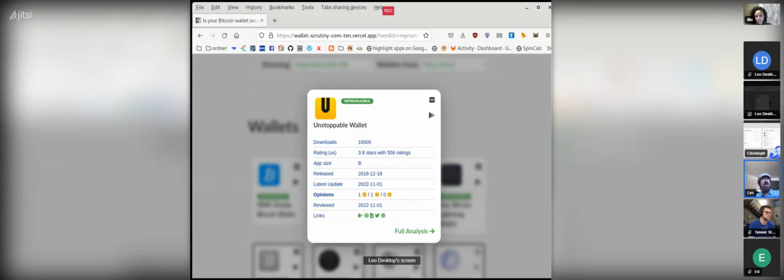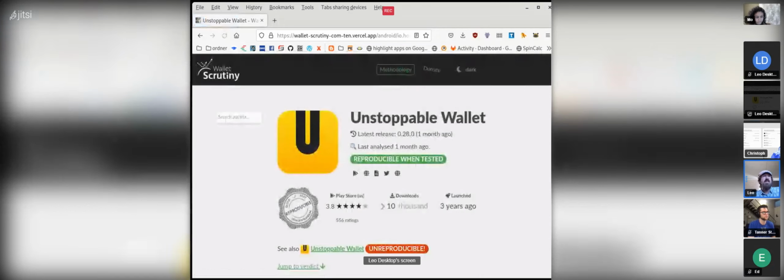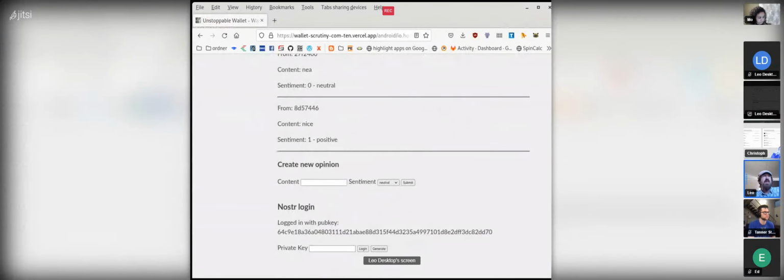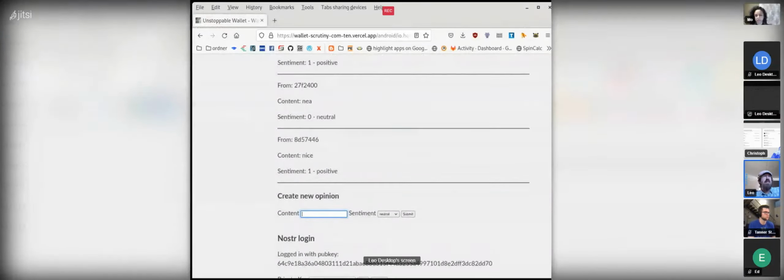Everywhere there is an opinion, I can click on it and I get a pop up where I can see the opinions and I can filter them for experts only, and I can leave my own opinion. And if I'm an expert, of course, that would be directly visible to everybody. And currently it's just on the full analysis and it's not styled at all.